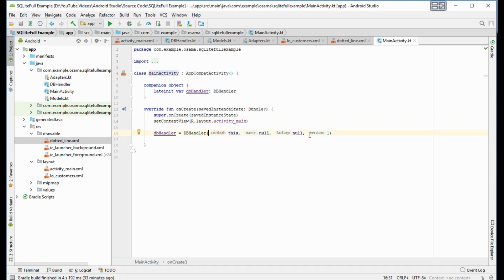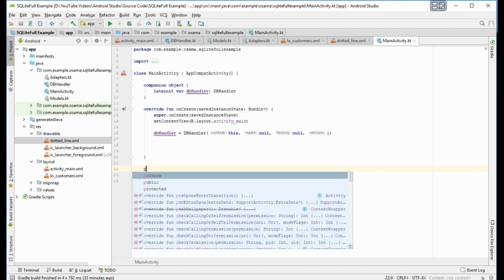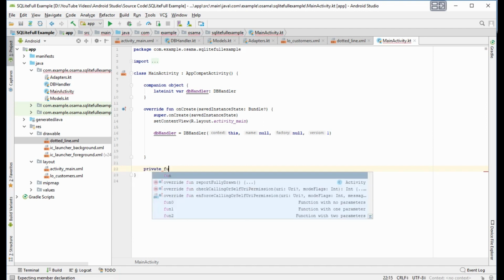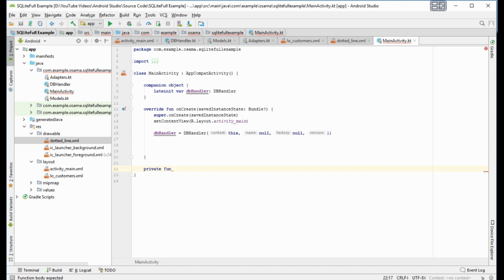Now here we will make a function. Its name is view customers. Private function view customers.